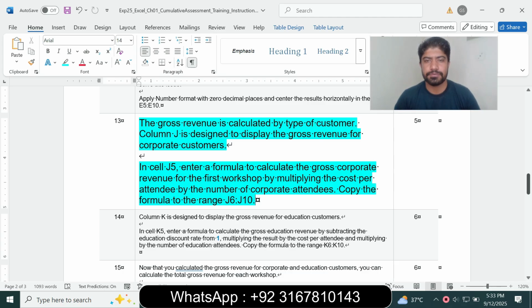Column J is designed to display the gross revenue for corporate customers. In cell J5, enter a formula to calculate the